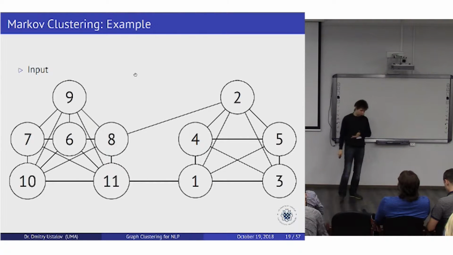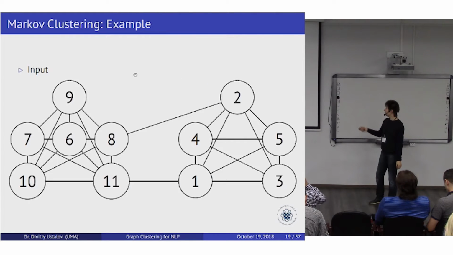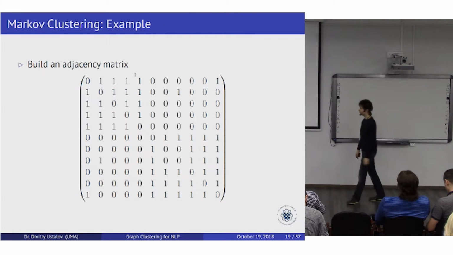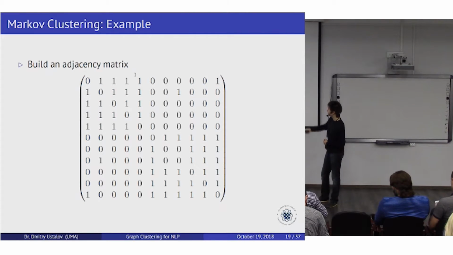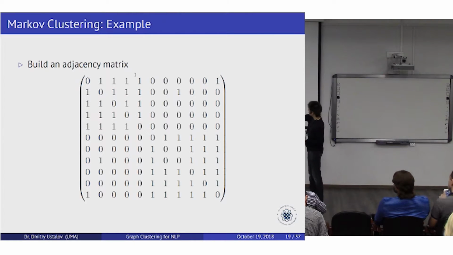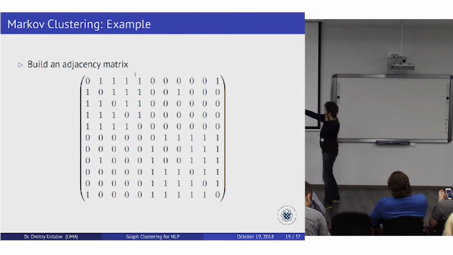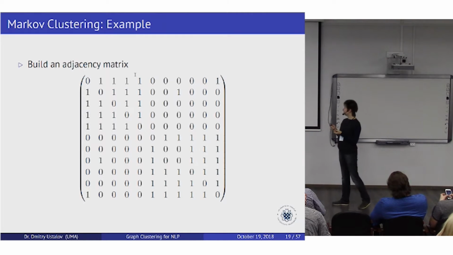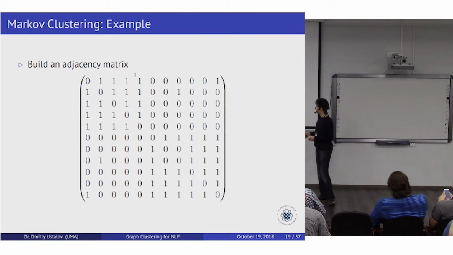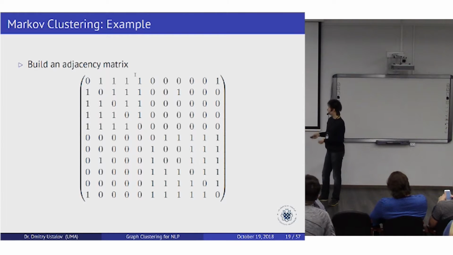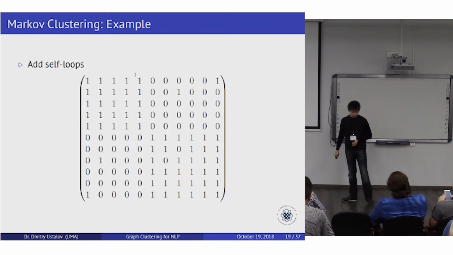Okay, let's take the very same graph we had before, and let's transform it into an adjacency matrix. This is a random example, so I will show you what happens to this matrix. So this matrix is symmetric. It has zeros right now. It has some structure here. Okay, so it can be one part. It has some structure here as well. It has some interconnections between them, and we are curious how to isolate this. And using only these operations we have in the MCL algorithm, Markov clustering, we'll get the clusters. So let's add self-loops, normalize,